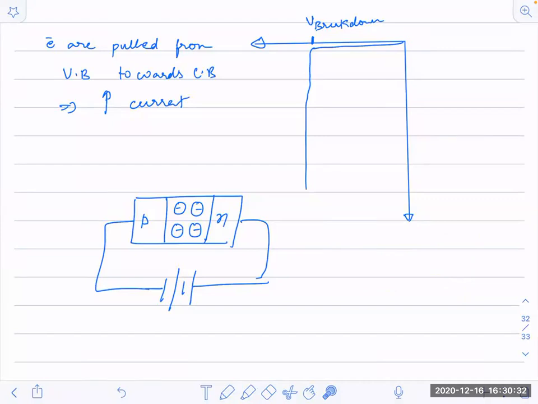So don't think here that, sir, V equals IR will always be valid. No, this is valid only for the ohmic conductor. V equals IR is valid for the ohmic conductor. Here we are studying non-ohmic conductors. So don't think that V equals IR will always be true here.